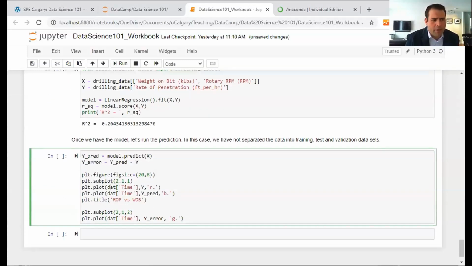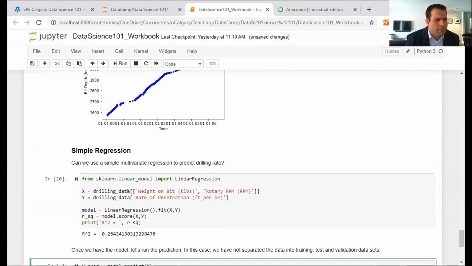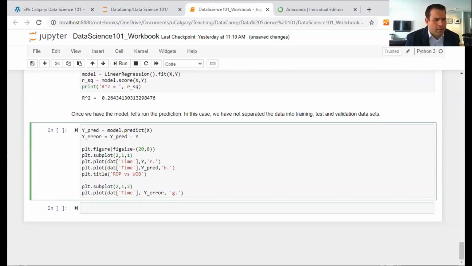We had our data. I just need to make sure that it's called the same. Of course, it's not. My solution. So data. Oh yeah, right. This is also our drilling data. And if we run all this,